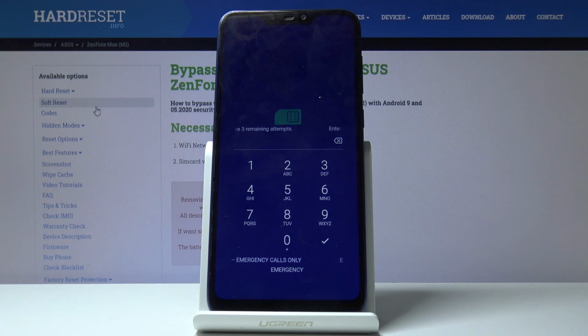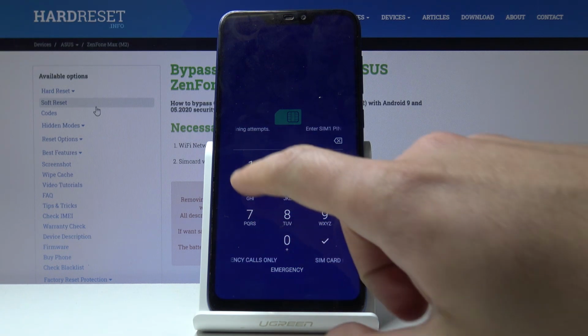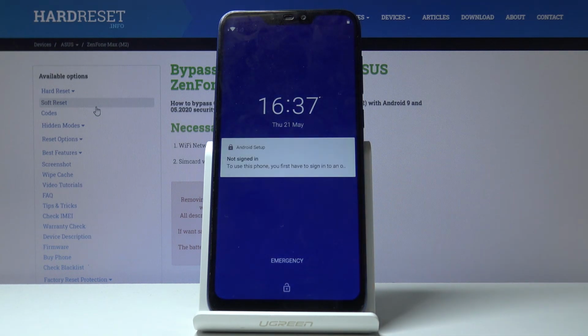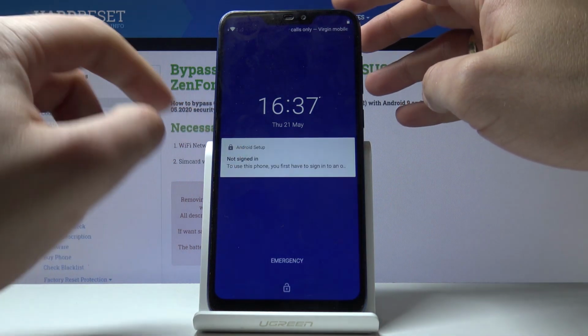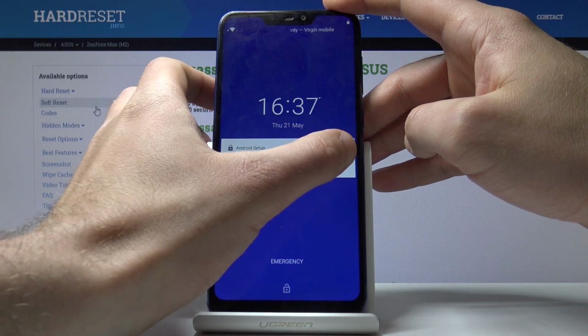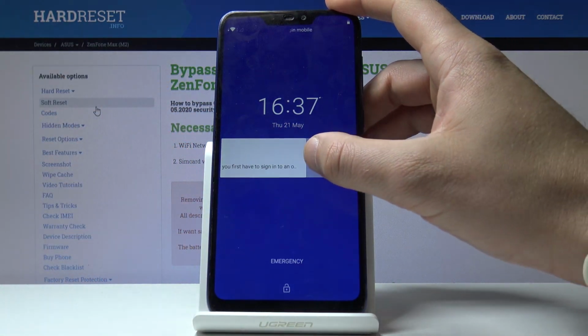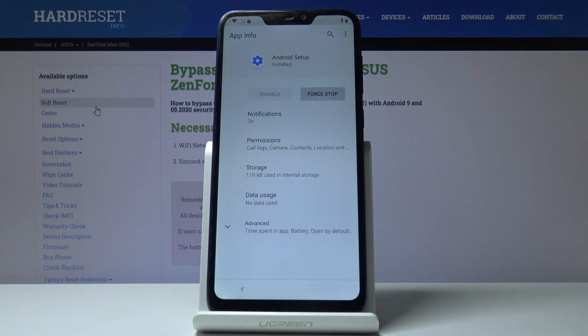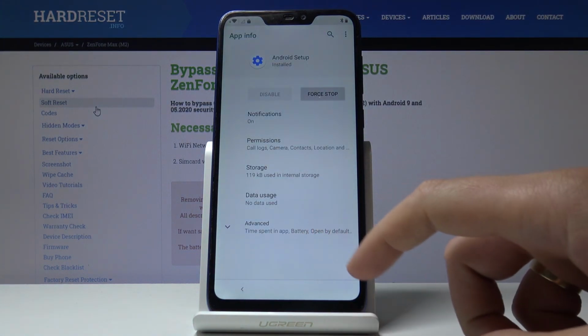And now when you've got this screen, you need to enter your PIN. So let me do it. In my case, this is my PIN. Let's tap OK. And now let's swipe this bar from right to left. Let's choose settings, tap the information icon right here. Let's choose here advanced,